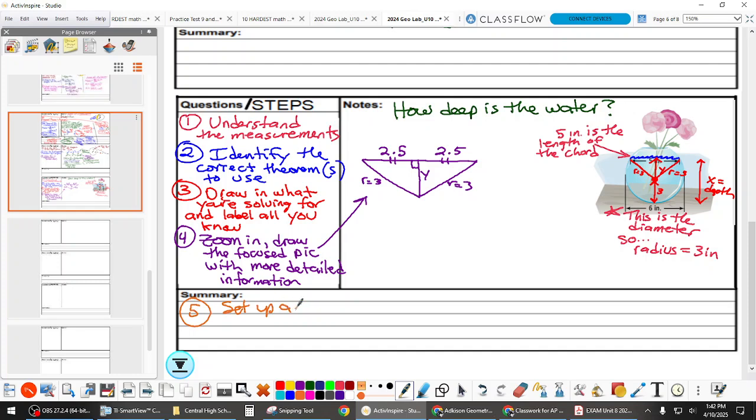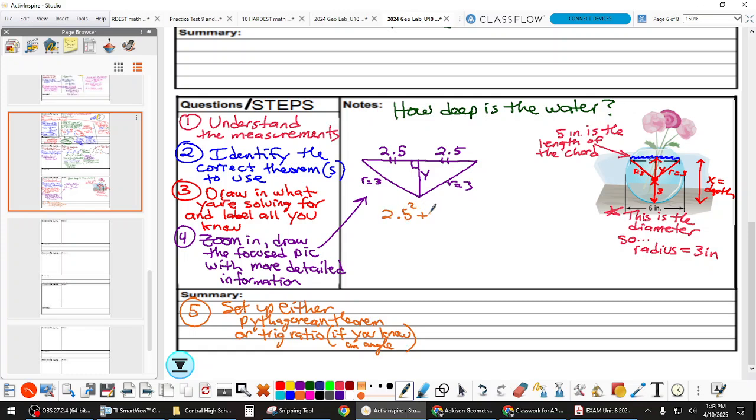Set up either Pythagorean theorem or trig ratio if you know the angle. Most likely it will be one of those two things. Which one is this? Yeah. Okay, so we're going to set up